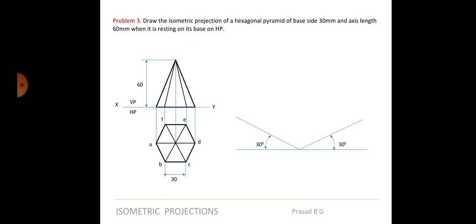Alright, then we will go for the isometric drawing, but this is something very important that I want to explain. Before going for the isometric drawing here, you have the hexagon, right? So you know in isometry what you do is you only draw the 30-degree line, but there are 6 sides here, hexagon. So it is not possible to draw a hexagon here directly, isn't it, at an angle of 30 degrees. So what has to be done is, in all the isometric problems, your base, the first line should always be a 4-sided figure, a boundary like this.